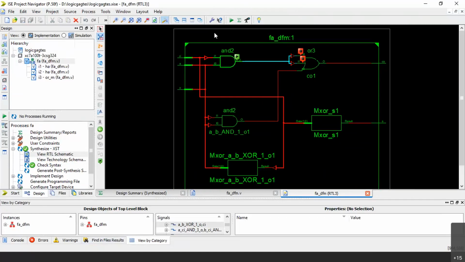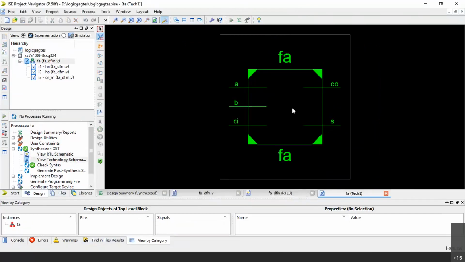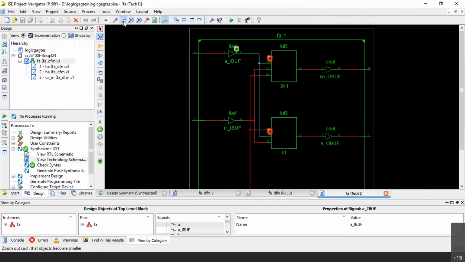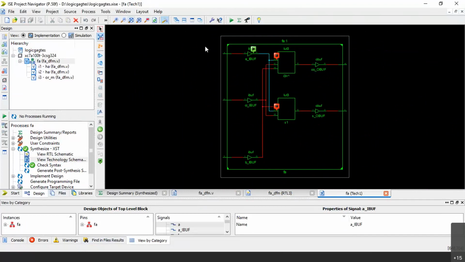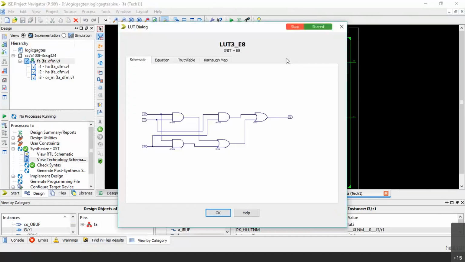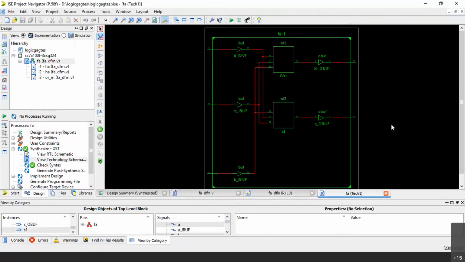You are seeing the same output here. So nothing special in RTL schematic. Let me go to technology schematic. So in the technology schematic, you will see these 2 LUT, right? Let me click on this LUT. You will see the same thing there. Let me click on this LUT. You will see the same thing there. Which means you write the code in any which way, the synthesis output is going to be the same.